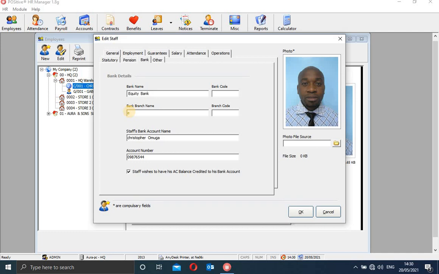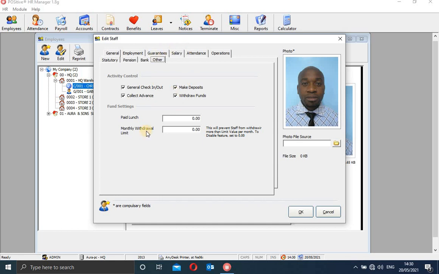It prints a very huge list of people who are being paid on this bank, and at this branch of the bank. So that is how you indicate the bank.